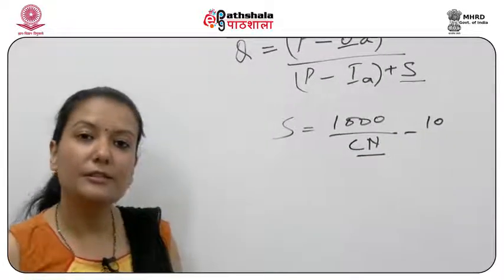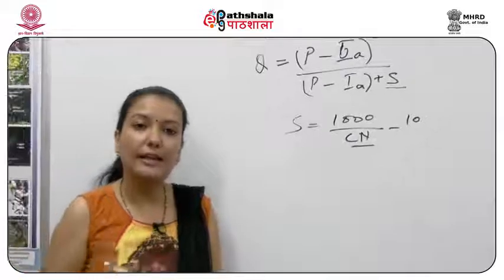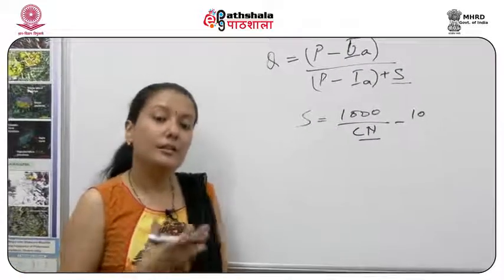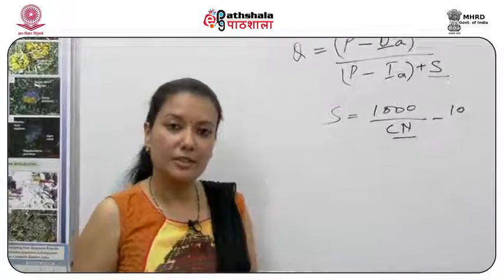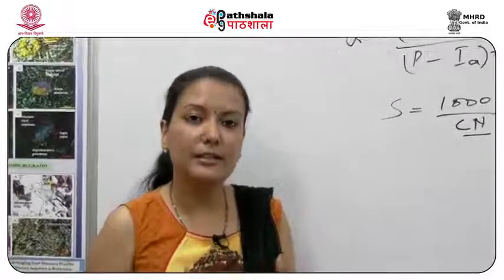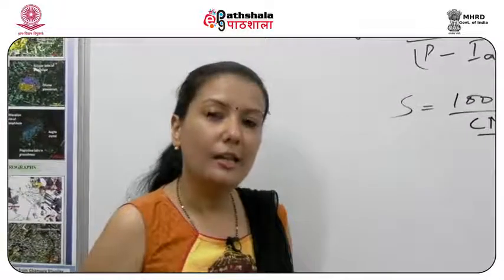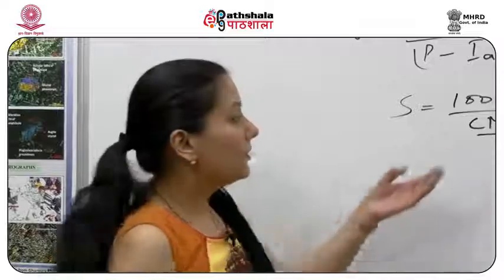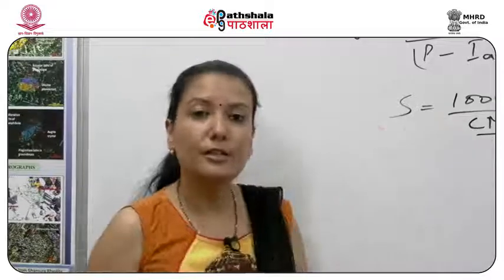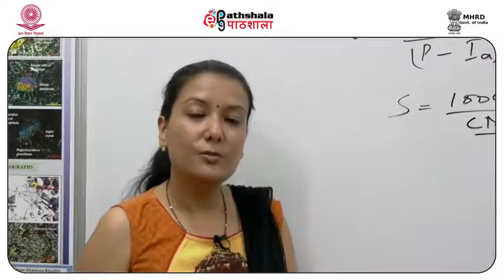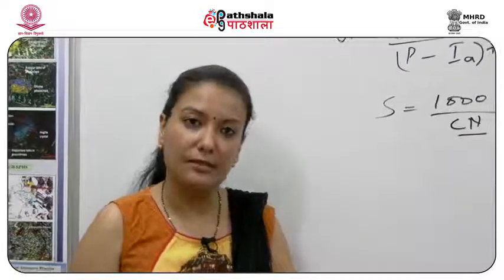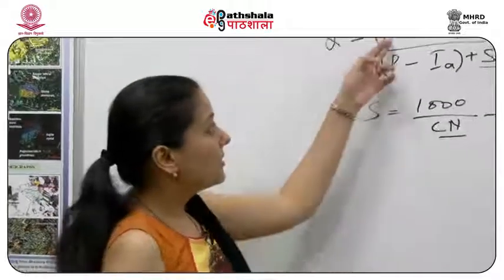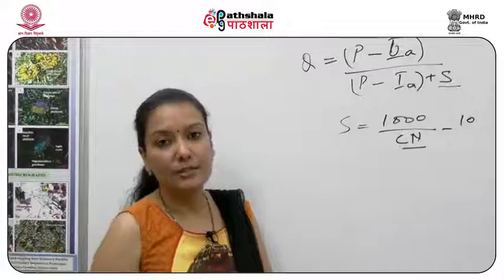This curve number is dependent on the soil type and the land use which is present there. These details of the curve number have already been provided by the USGS and they are available easily in the form of a table in any of the literature. So whatever is your soil type, whatever is your land use, based on both of those data, you can have the Cn number at each of the raster pixels. And the precipitation is your daily precipitation value.